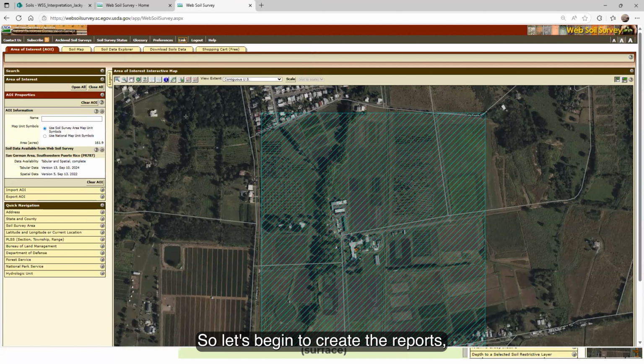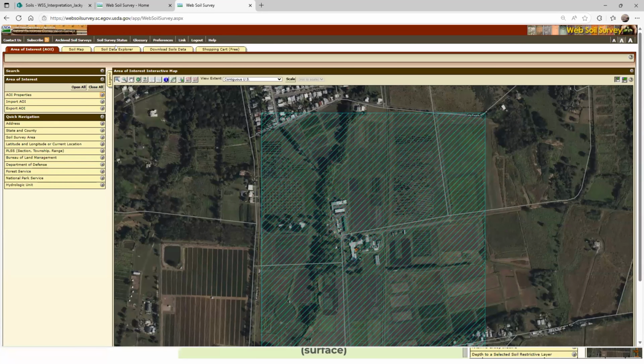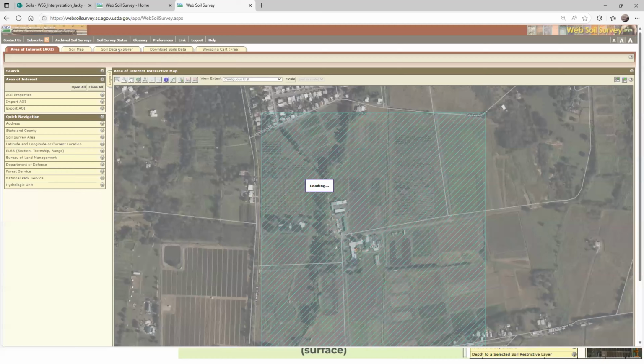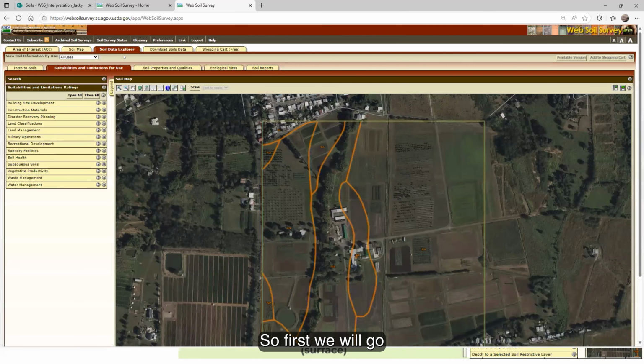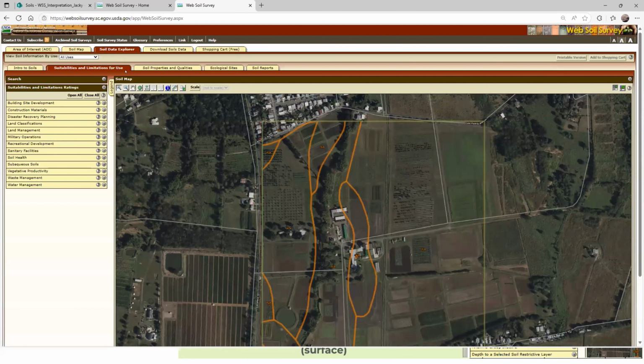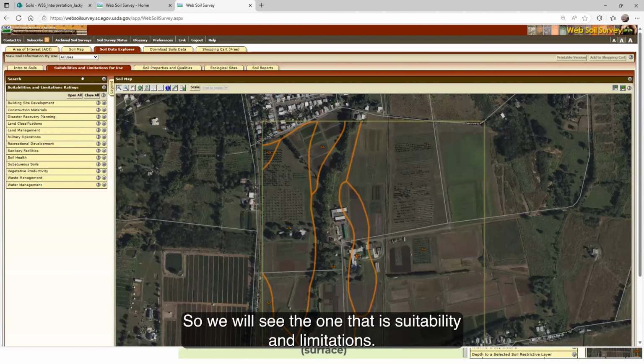So let's begin. To create the interpretation reports for the cacao crop, first we will go to suitability and limitations. So we're going to see it in categories. We will see the one that is suitability and limitations.